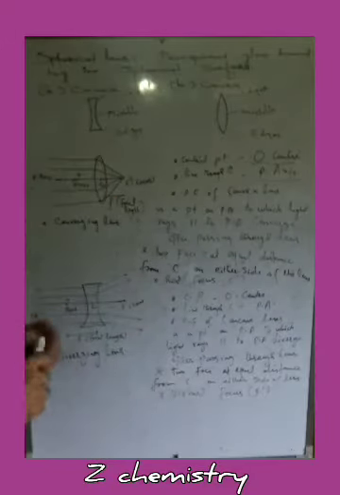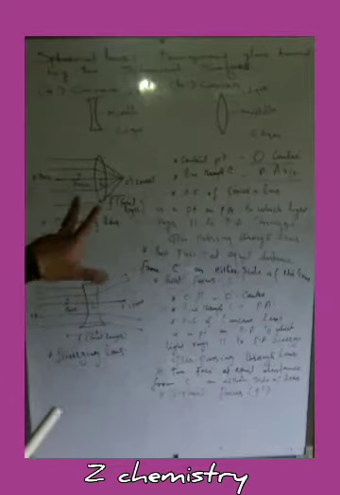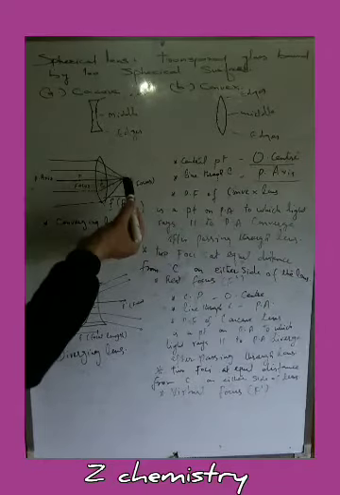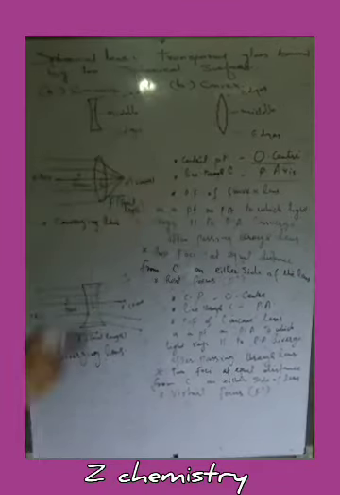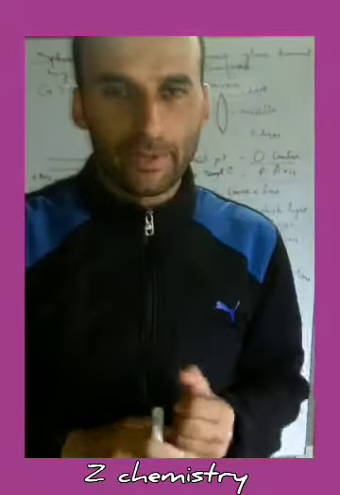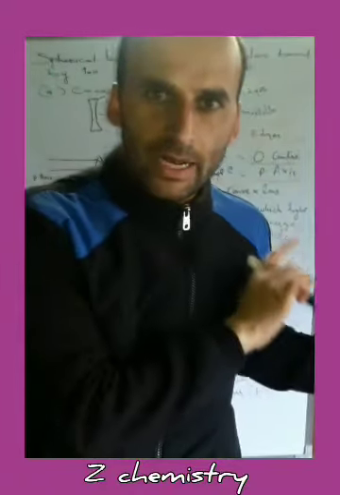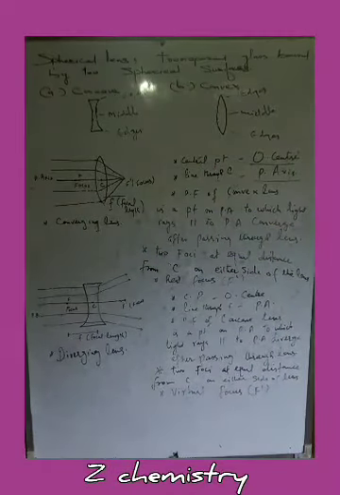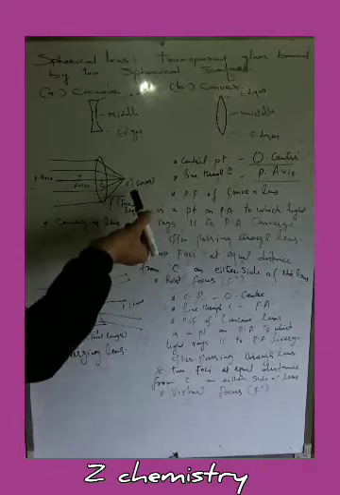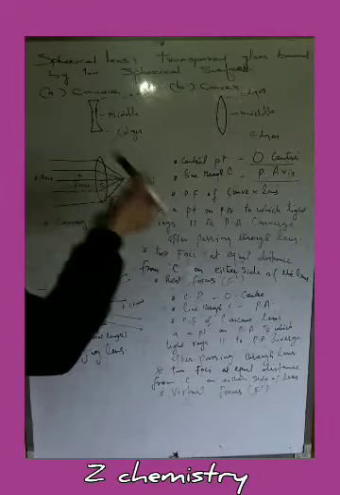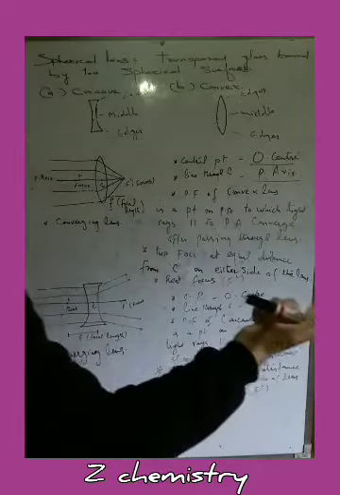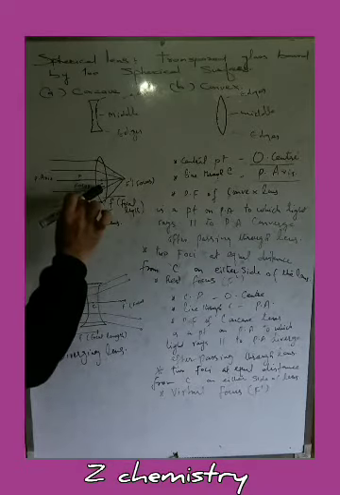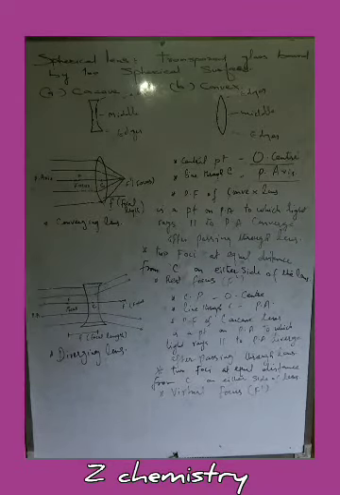In this convex lens, there is a real focus. It means that this particular point can be shown on the paper, because it is the point at which the parallel beam of light meets or converges after going through the lens. The distance between the optical center and this focus is called the focal length.